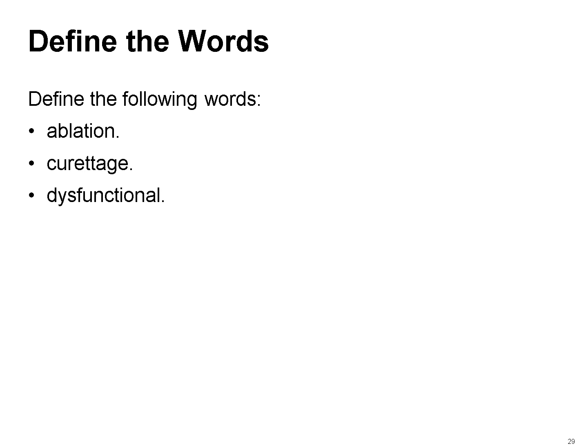Understanding the meaning of commonly used medical terms is essential for students preparing for careers in healthcare. Let's define a few key terms. Ablation refers to the removal of tissue to destroy its function. This is commonly used in procedures like endometrial ablation, where the uterine lining is removed to treat heavy menstrual bleeding.